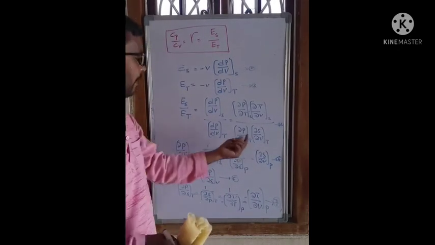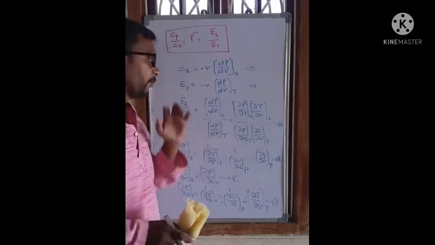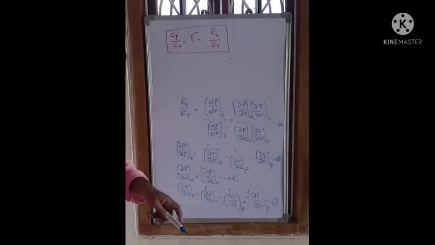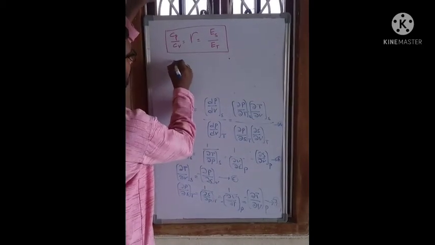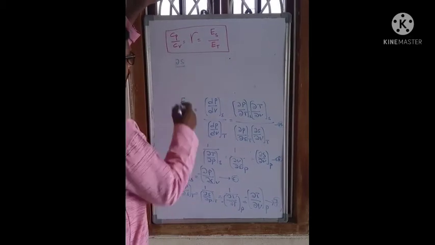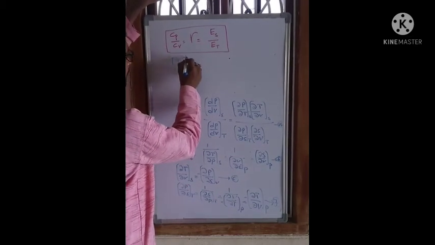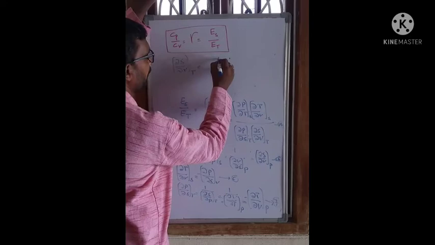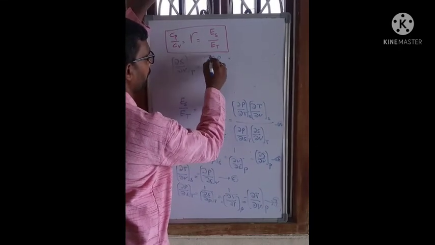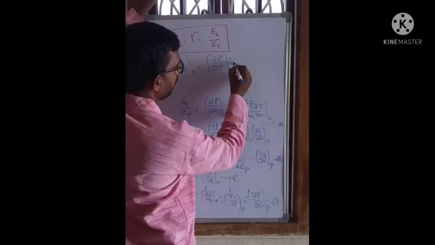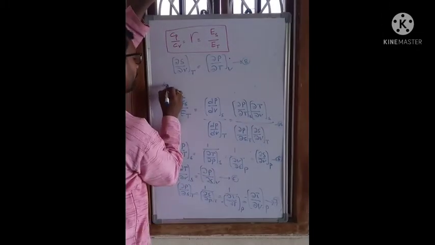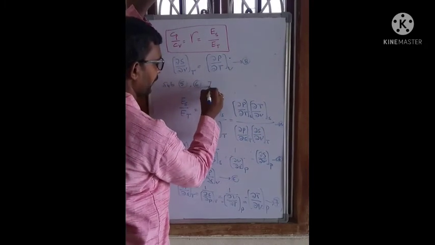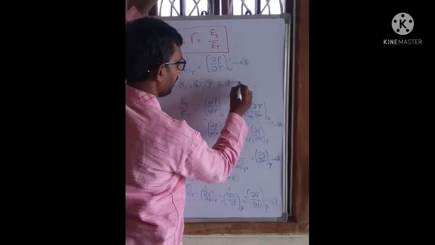And the fourth term, ∂S/∂V at constant T, we know we can directly write as ∂P/∂T at a constant volume. So this is equation number 8. Now substitute equations number 5, 6, 7 and 8 in equation